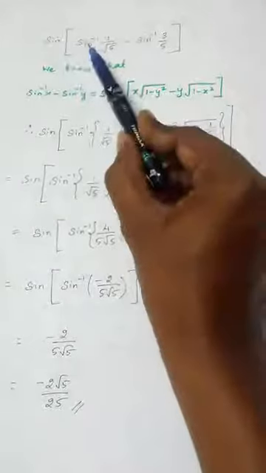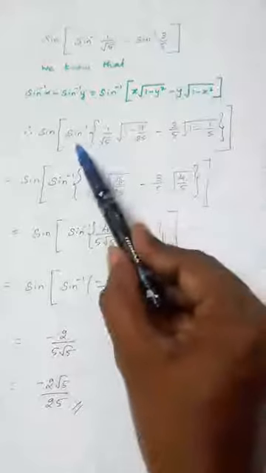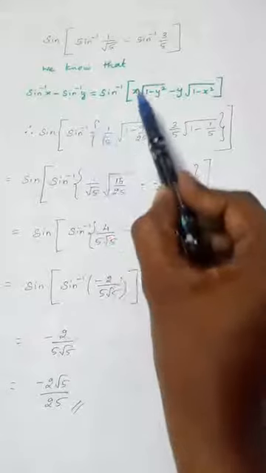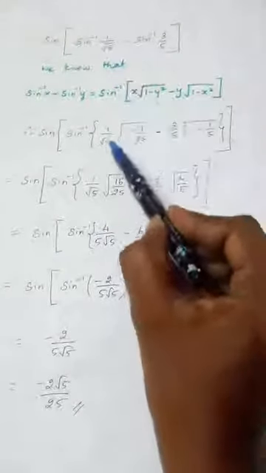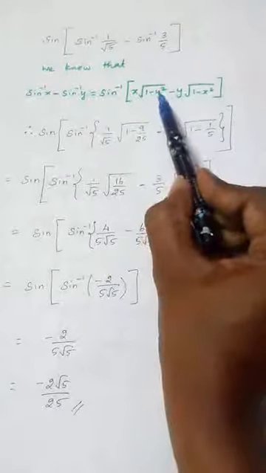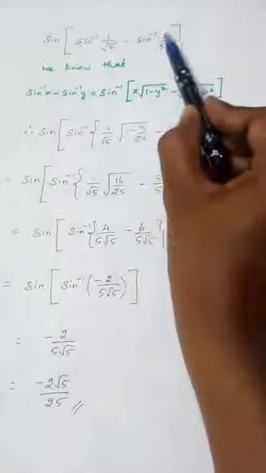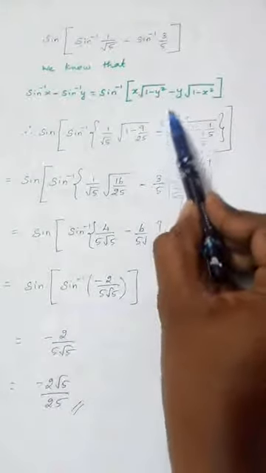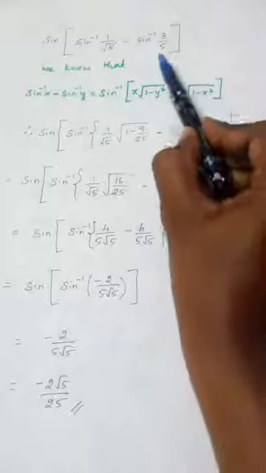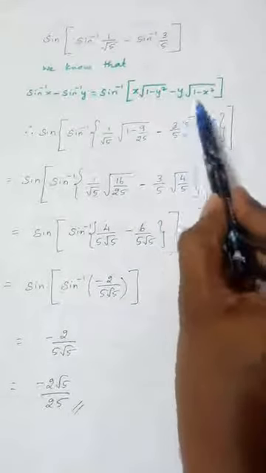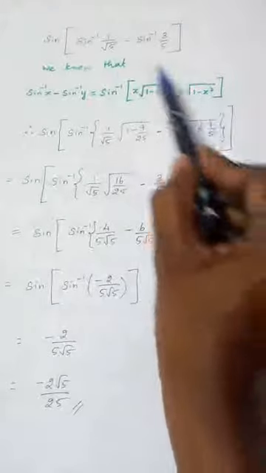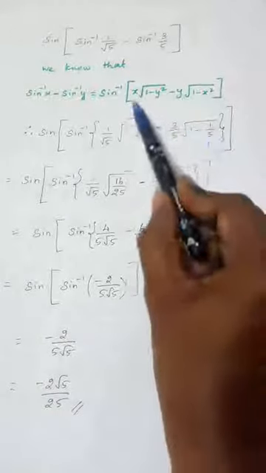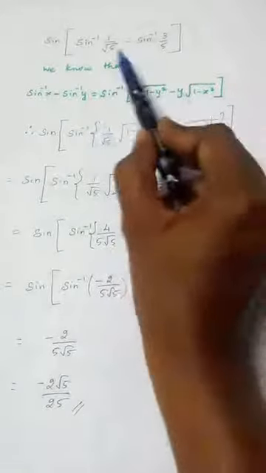Sin inverse x minus sin inverse y, how am I going to write it? Sin inverse of, this bracket is written like this. X, what is x? 1 by root 5, root of 1 minus y square. This is y, so squaring this, 9 by 25 will come, minus y into, what is y? 3 by 5. So 3 by 5 into root of 1 minus x square. What is x? 1 by root 5. If you square, 1 by 5. So in this formula we are substituting for this.